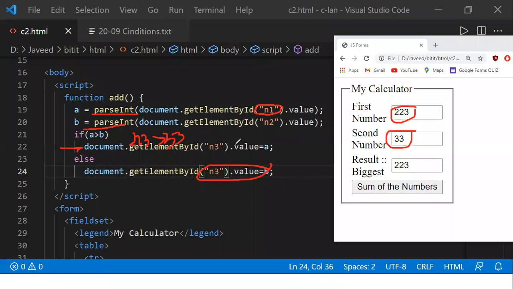So whenever you want to have some conditions to be checked, you can make use of the condition checking statement, or sorry, the condition checking operator called greater than can be used along with the if. So if I write some condition, open the parenthesis, give the condition, and write what you want to do if the condition is true, and what you want to do if the condition is false. Okay, so any other questions over here, please?